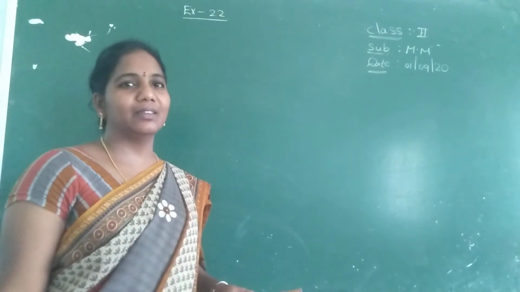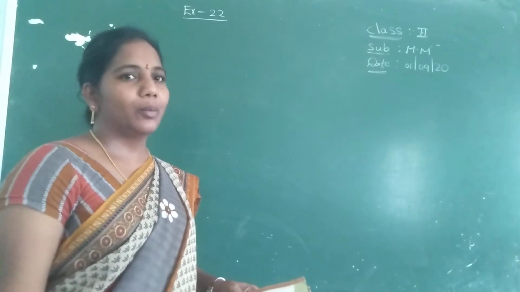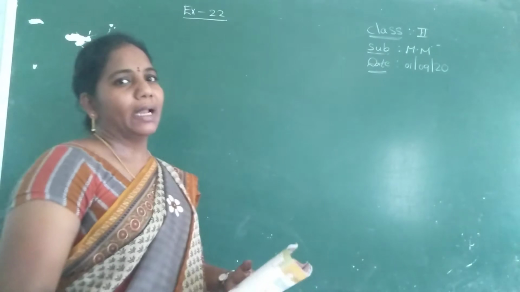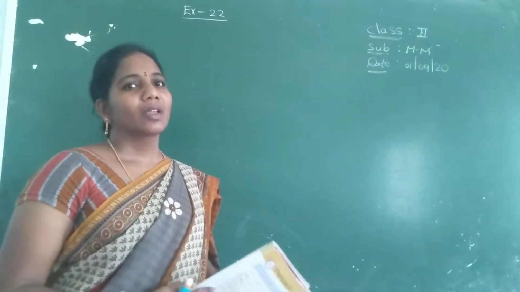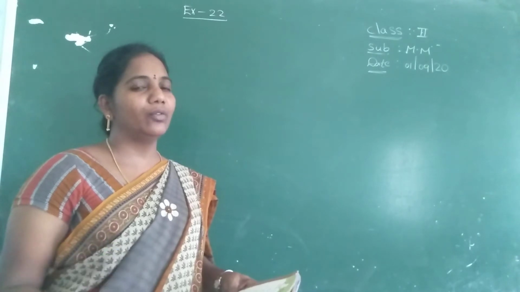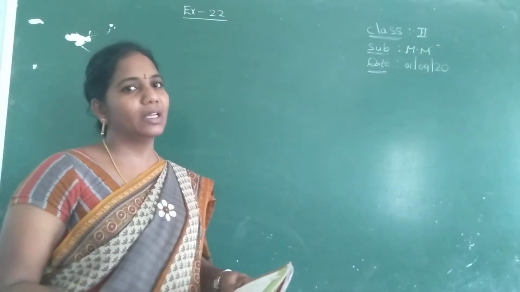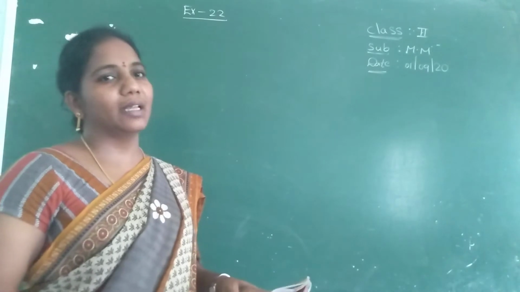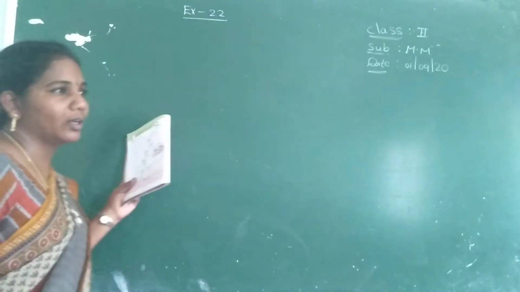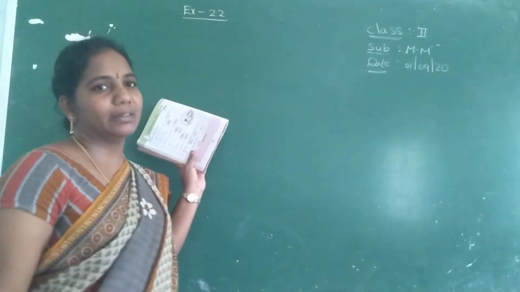Are you listening to the classes? Listen to the class properly, Nana, and practice it. Okay? Are you practicing tables, Amma? Already in first class you got 2 to 10 tables. You have to learn up to 15 tables in second class. Okay? So practice tables also. Don't leave it. Okay, for second class children, I already completed 21 exercises.